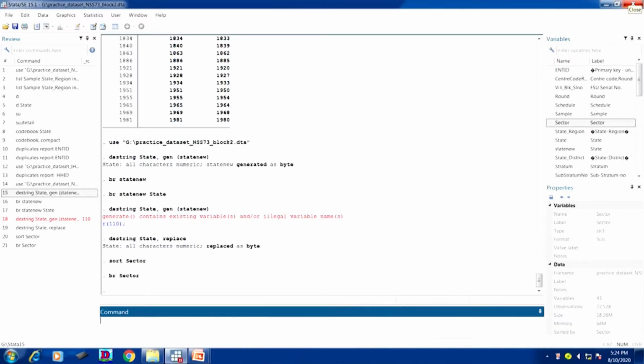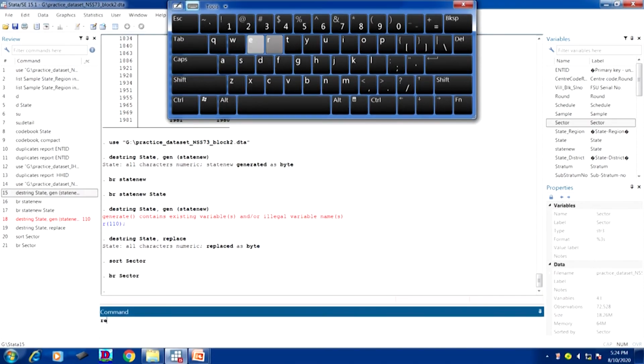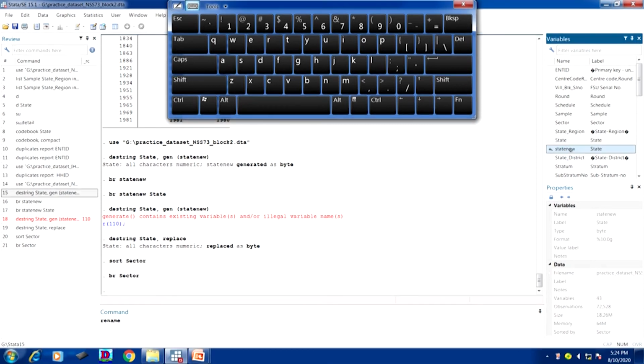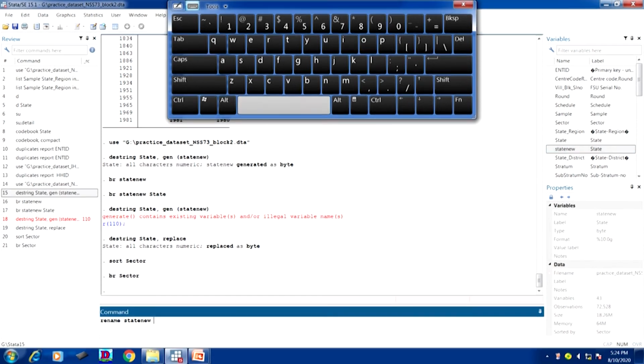So, let us operate now. Rename. Suppose I wanted to rename state new, which I already defined, to another name like state1 or maybe stateIndia, if you are working with other countries together or your data contains other countries.